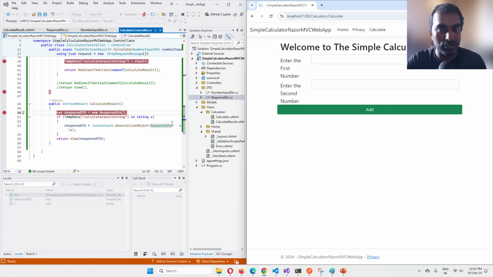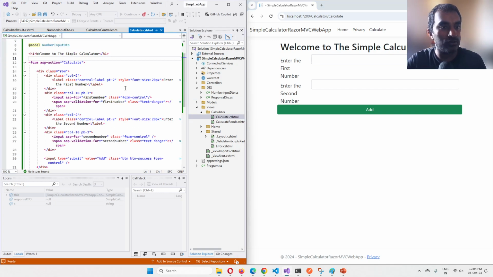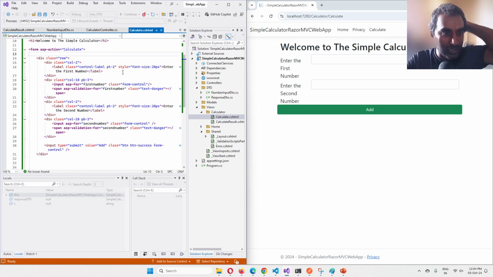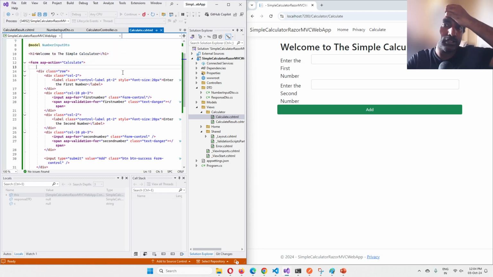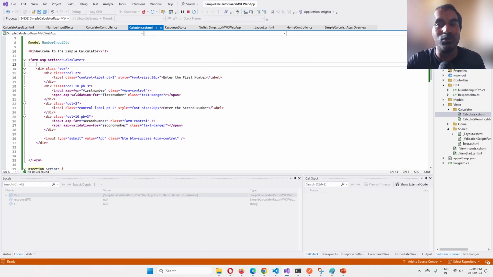So what I'm going to do is go to the view. I have the view for the calculator, right? And I'm going to say this one is doing addition, correct? And I wonder if I can simply copy paste this for all the other options. So let me try that. This is not the best way to build a UI. I'm sure there are better ways of doing this, but